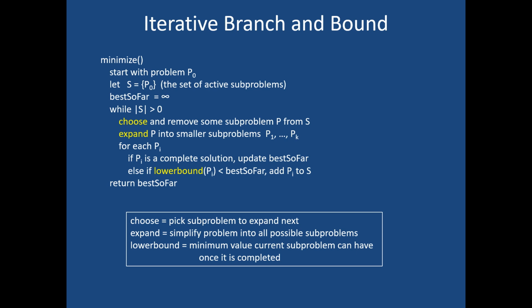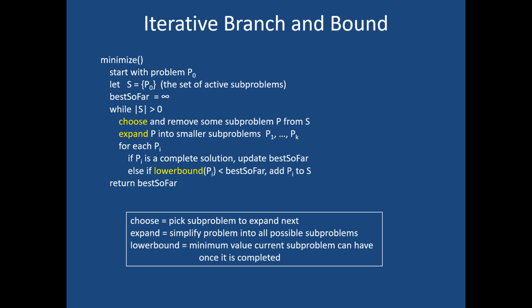And we expand it into simpler subproblems. And for each one, we look at it. If it's a complete solution, if we have found a cycle, we update best so far. So if it's better than our current value of best so far, then best so far gets smaller. Otherwise, we need a method that'll put a lower bound on the solution we're looking at. So we've got a partial solution. The subproblem is a partial solution. We put a lower bound